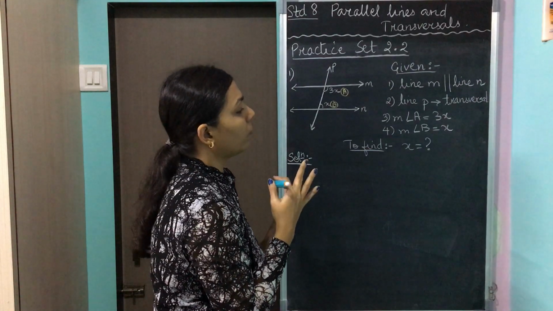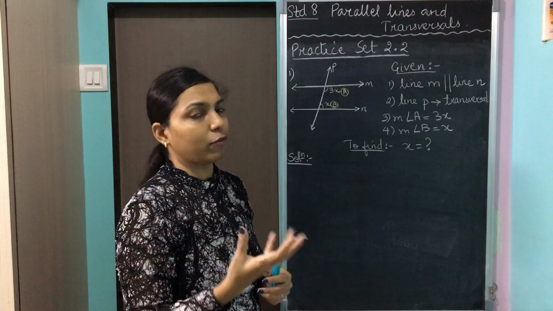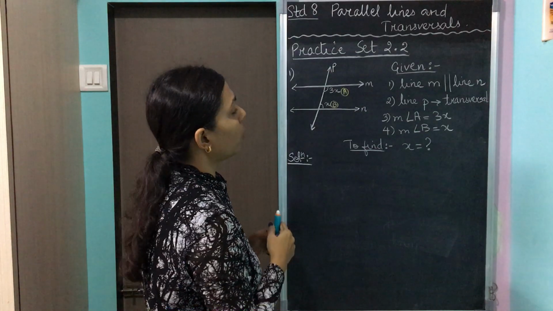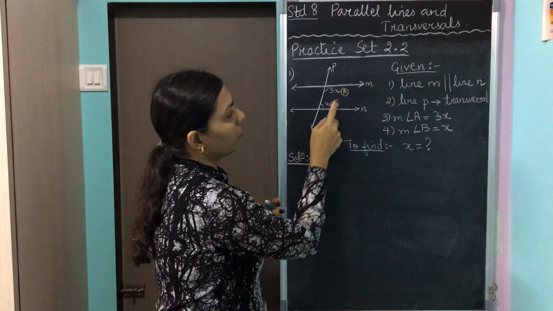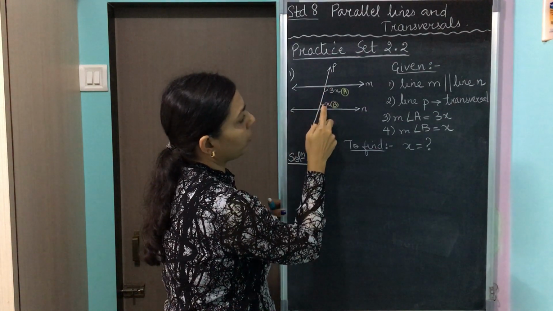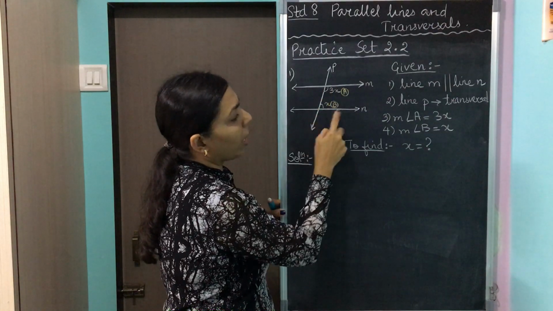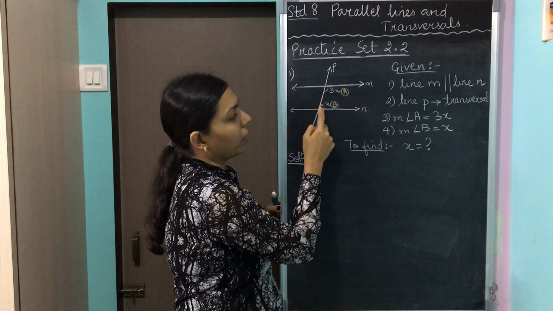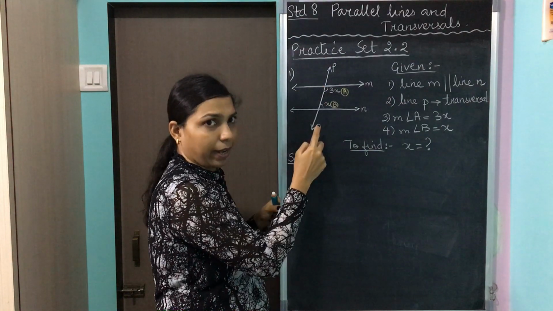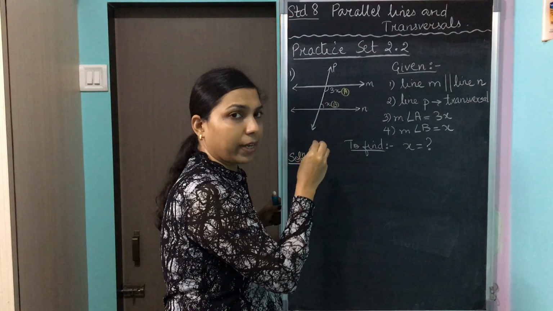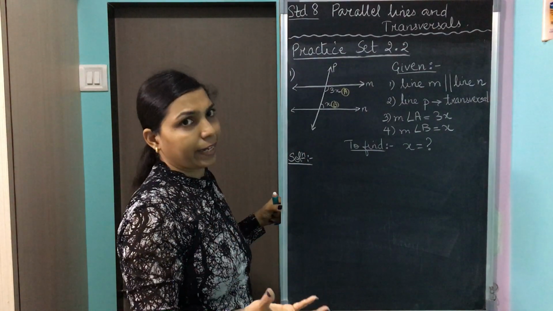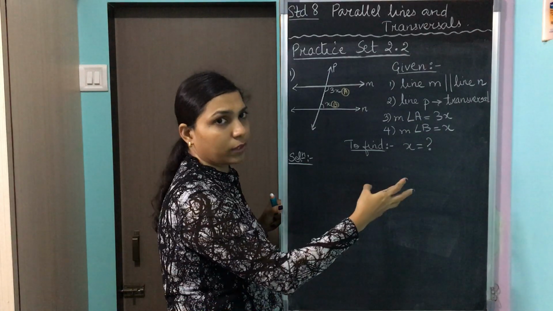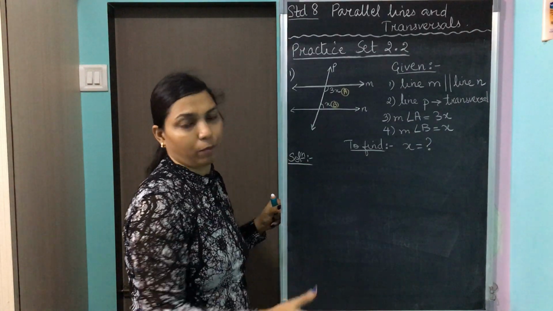When we are solving these sums, you will have to mention which property you are using. If we look carefully over here, we have angle A over here and B over here. Both of them are forming interior angles. You see the box formation, one angle here, one angle here, so they are interior angles. So when you add up both the angles, your measurement has to be 180 degrees because your interior angles are supplementary. So we are going to use that property and we are going to solve the sum.